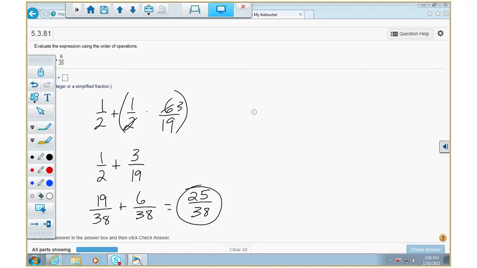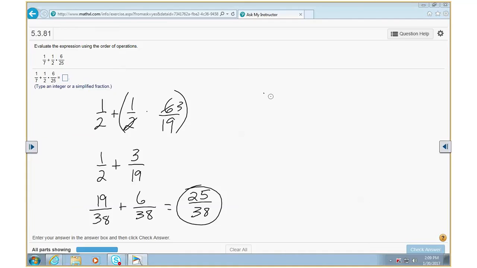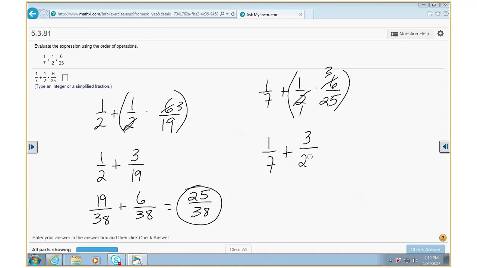All right, what we got? We got 1/7 plus 1/2 times 6/25. And we're going to put those two together. 2 will go in there, 3. So we got what? 1/7 plus 3 over what? Well, what's 7 quarters? $1.75, right? So $1.75 is our